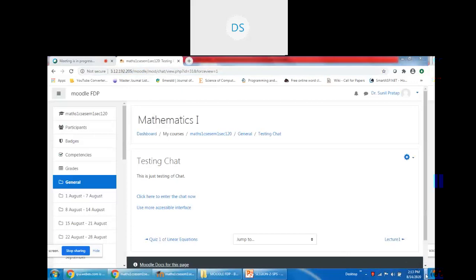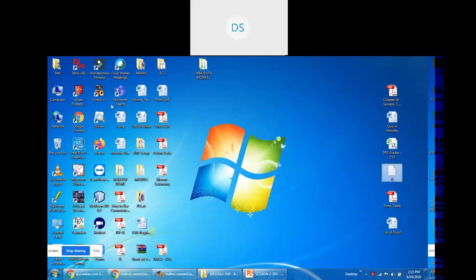You may log in with the student role in another browser, in Mozilla or Internet Explorer, to see the working of this chatting in the Moodle environment.